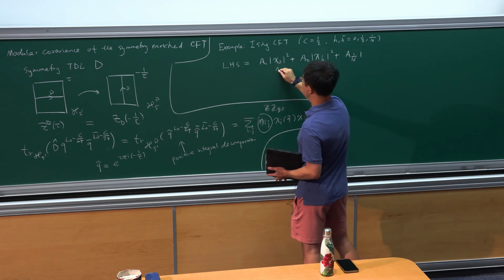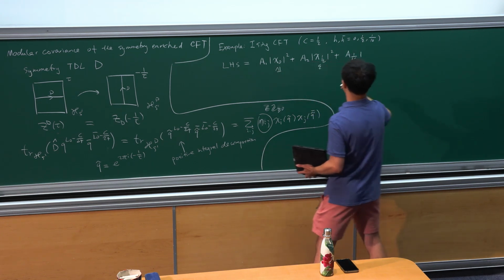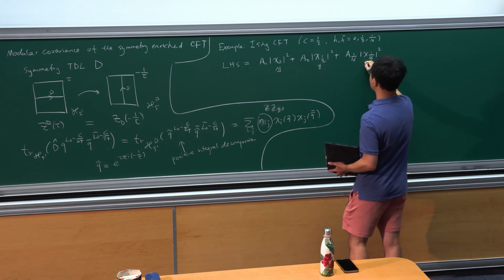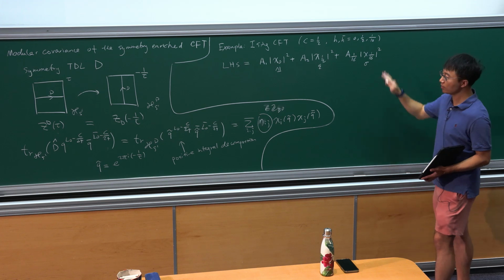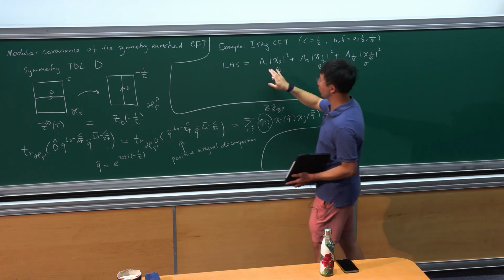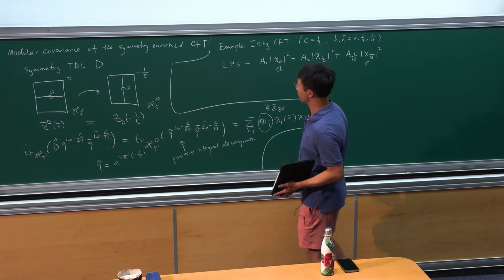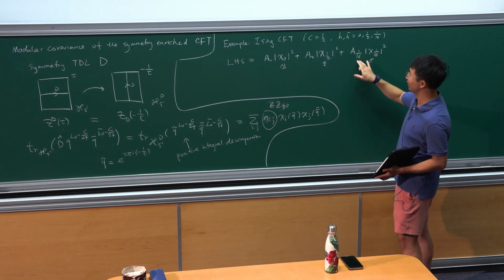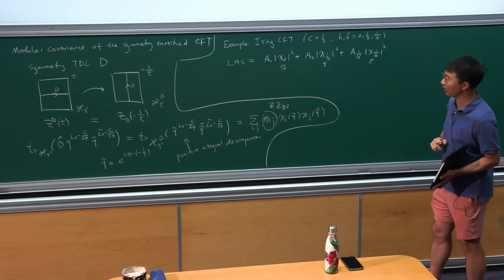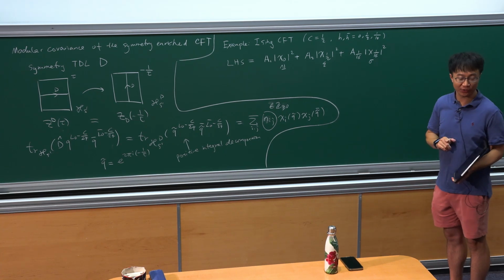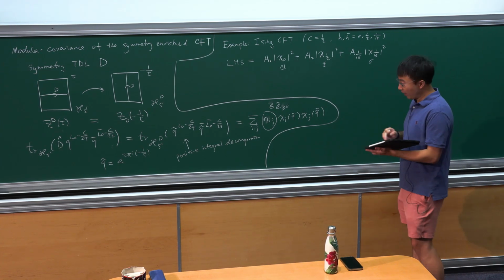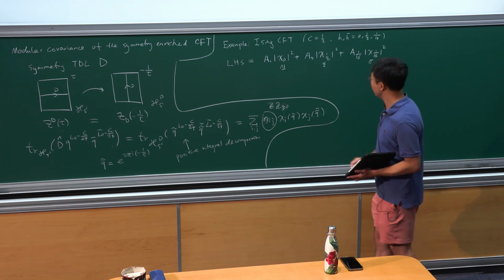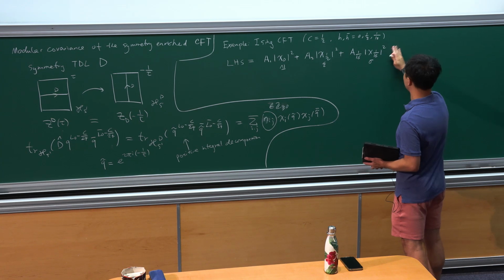So these are the identity operator, this is the energy operator, and lastly, we have the spin operator. This is the most general ansatz that captures a putative symmetry acting on the Ising CFT, and A1, A2, and A1 over 16 capture the corresponding charges. The upshot is that these charges are highly constrained by the right-hand side, because the right-hand side is